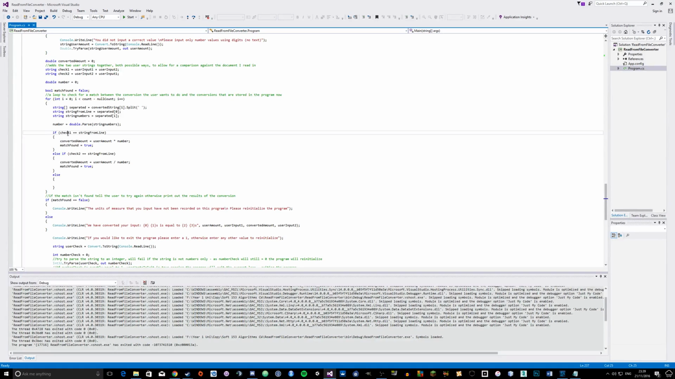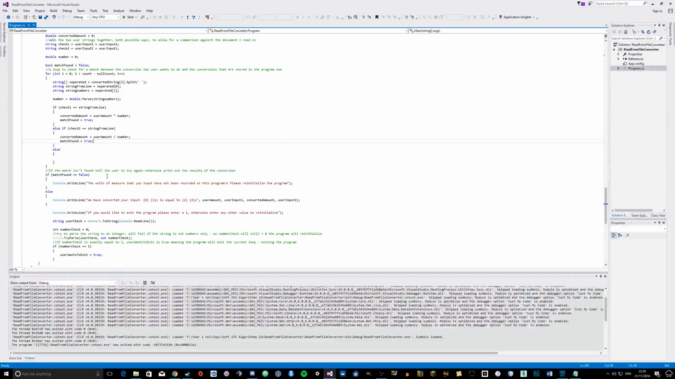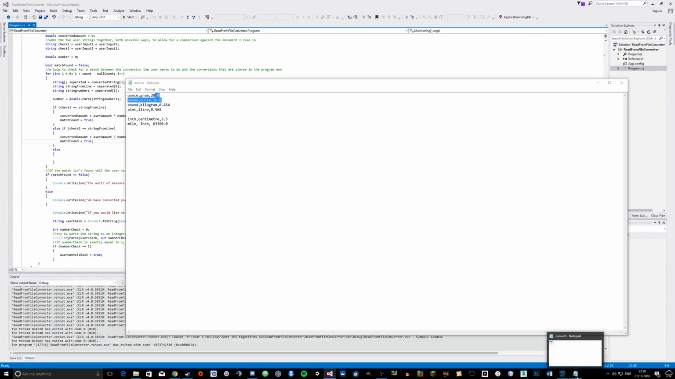So then we ask whether check1 is equal to string from line, or whether check2 is equal to string from line. And as we can see, if check1 is equal to string from line, the converted amount is user amount times the number, and if not, if it's check2, user amount divided by number. This allows us to get the actual conversion, depending on how they put in the